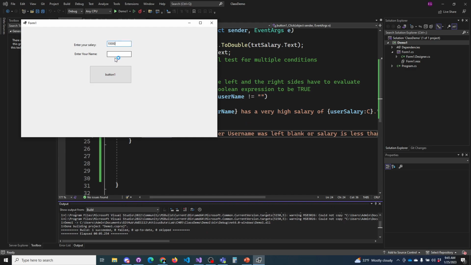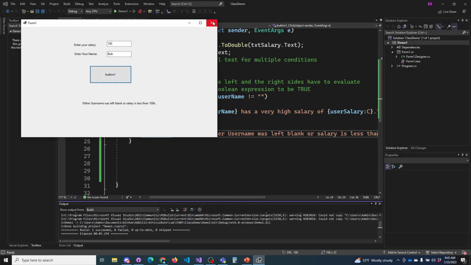I could put in the high salary, but this says either username was left blank or salary is less than 100K. Well, I could also put in Bob and put in here, but there's no programmatic difference. Like just based on this error message, if I was just looking at the error message and not the input, you couldn't tell,